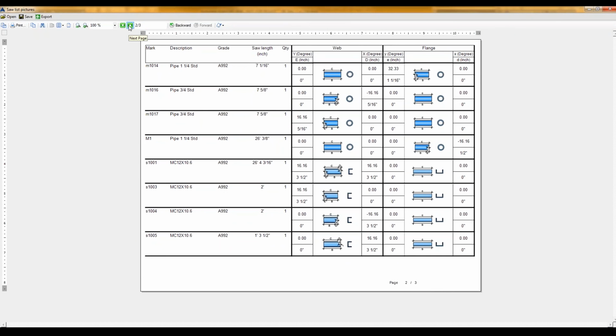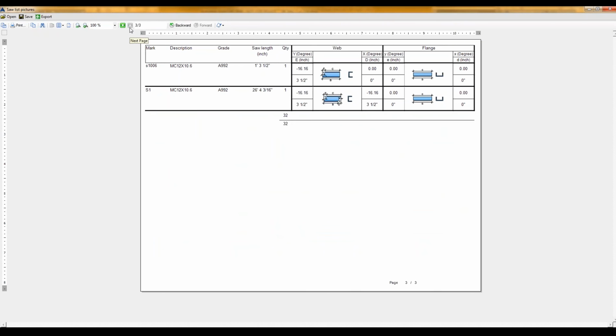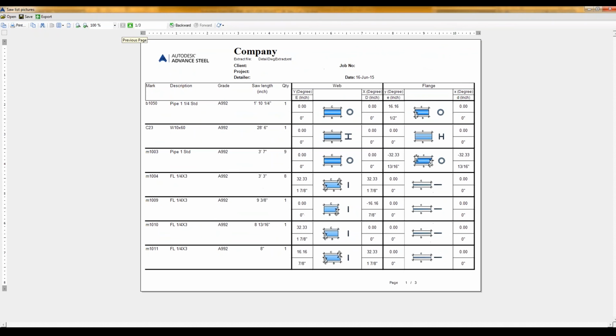And not only are you going to see them, you're going to see their mark, you're going to see what you need to do, and you're even going to get a picture of it. And then we could save this list. So if we were to save it,